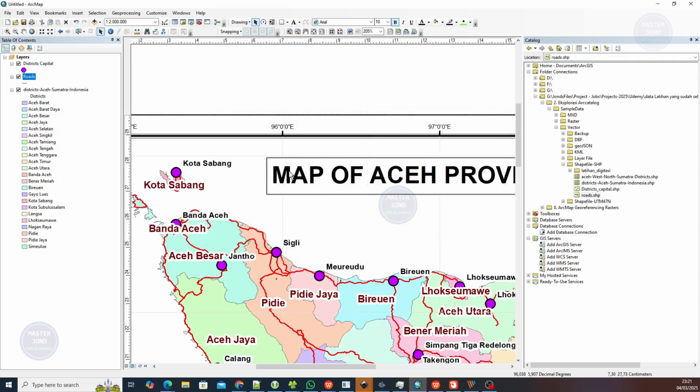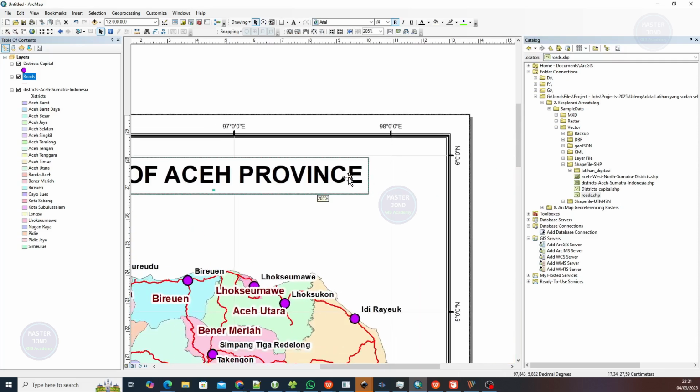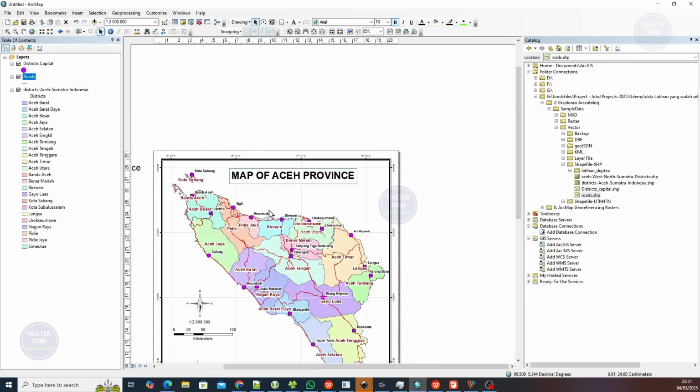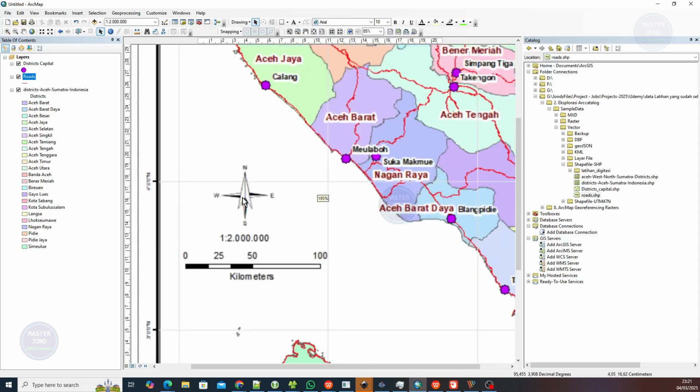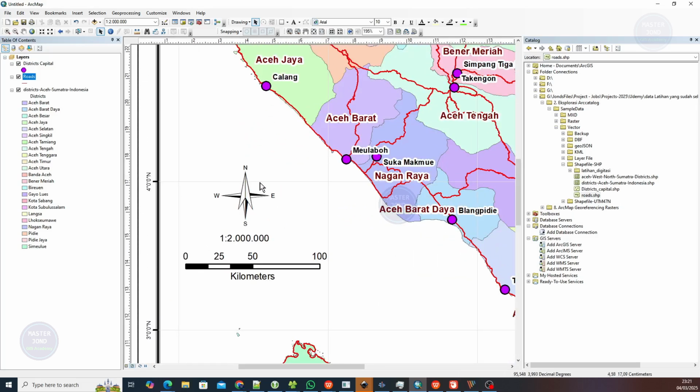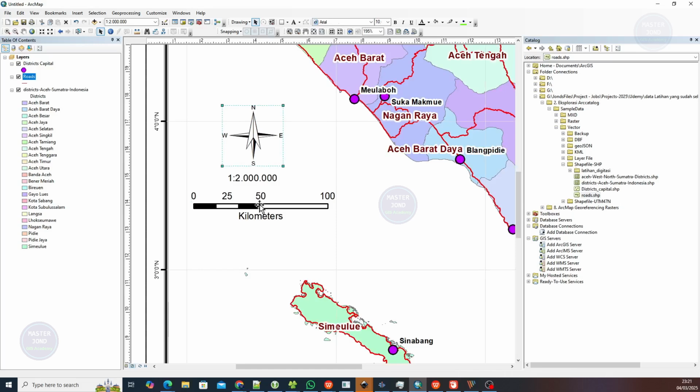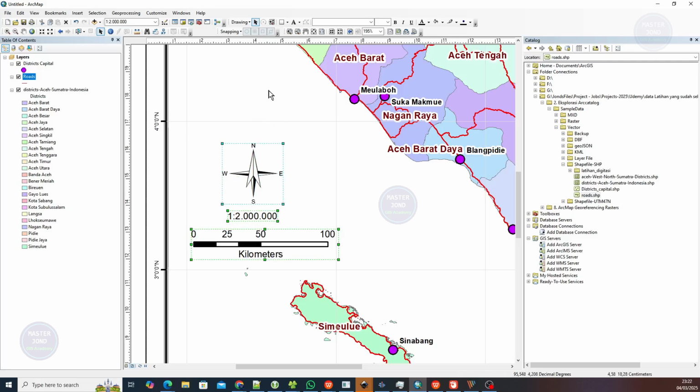And there you can see the line is no longer here. It is covered by the background, the frame of this title. Okay, the same for this. If you see here, the line interferes with the north orientation. So there are 2 ways to do this. Maybe we can drag it down here and everything is good,